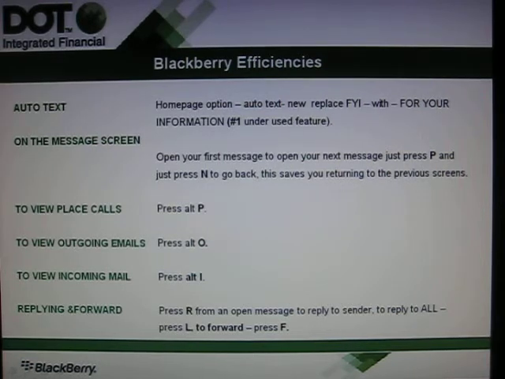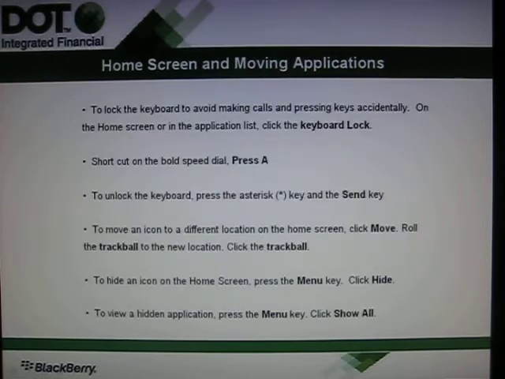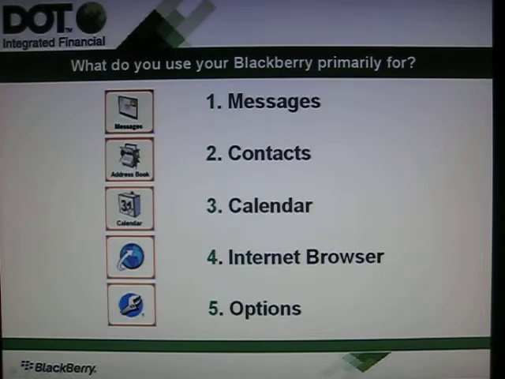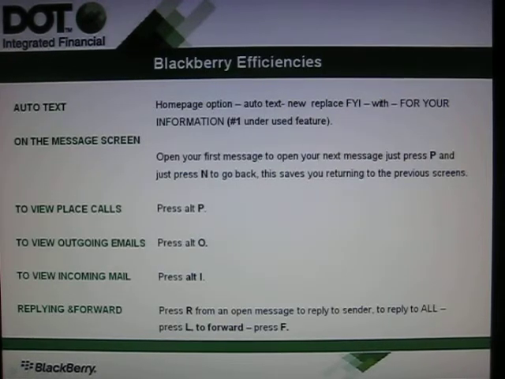Where you find auto text is simply by going to the options button, which if we head back to this screen is number 5, the one with the wrench. Using the options button, you hit A, which takes you to about, go down a couple to auto text, open up auto text, you left click,